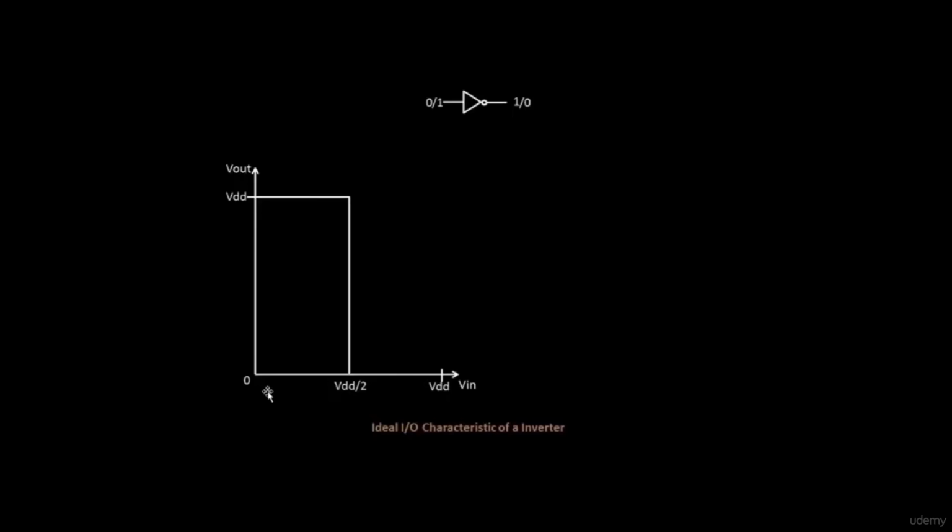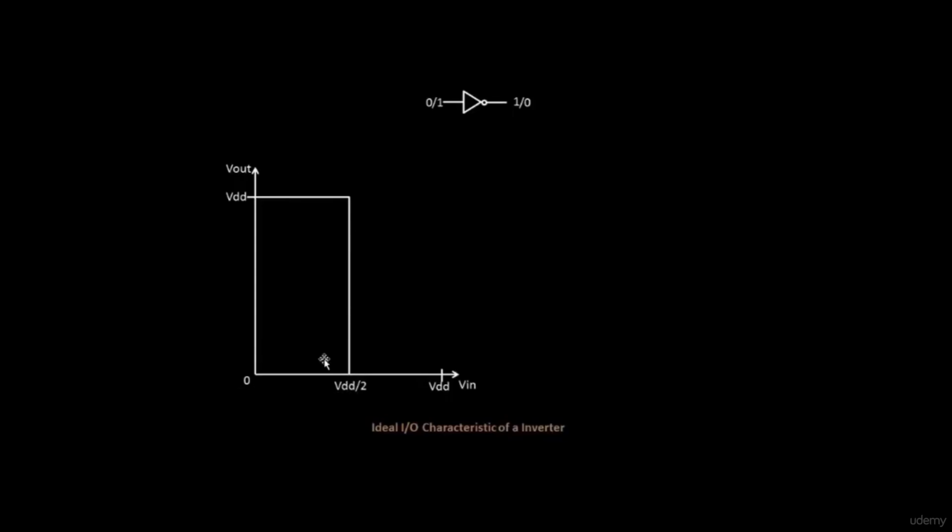This graph says that when your input is 0, your output is VDD, and as you increase your input from 0 to a positive value of VDD, your output comes down to 0 voltage. This basically represents the behavior of an inverter. At VDD by 2, which is half the voltage, you see a switch happening. That is quite obvious, because whenever you switch your input from 0 to 1, your PMOS and NMOS behave in a different manner. We have already seen that in some past videos. So you have a VDD by 2 crossing over here.